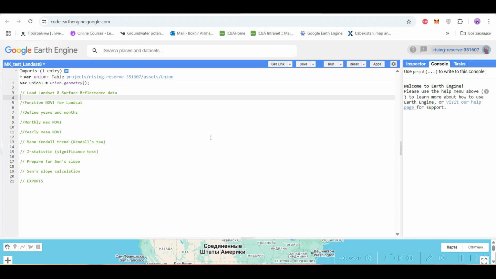It also ranges from -1 to +1, where +1 is the maximum upward trend, and -1 is the maximum downward trend, and 0 is no trend at all. And Sen's Slope shows the magnitude of the change. It depends on the unit you're using, and in this case we will be using the NDVI index,